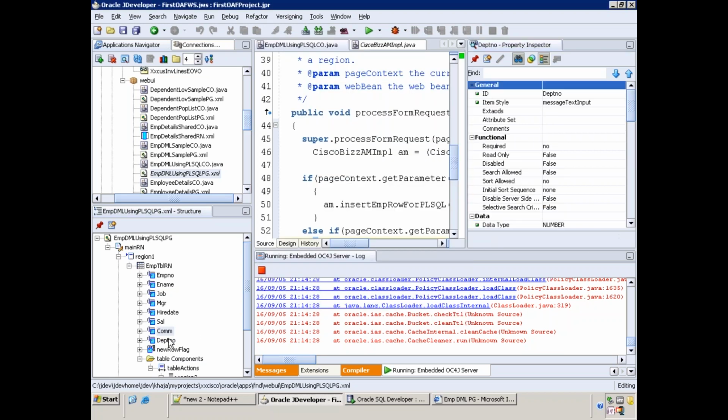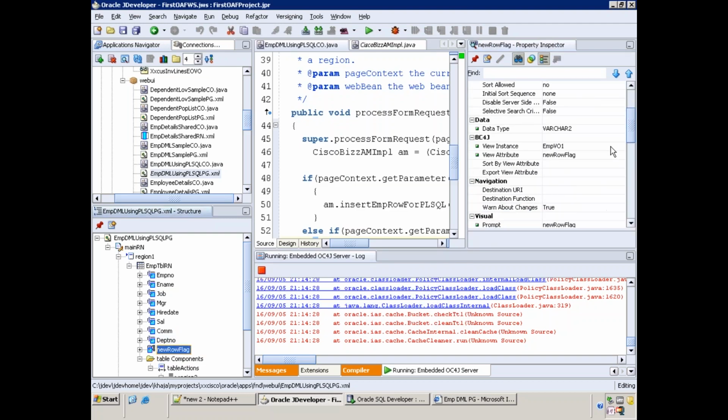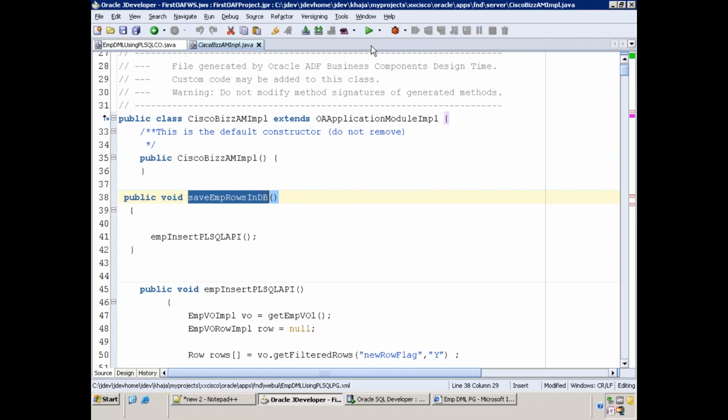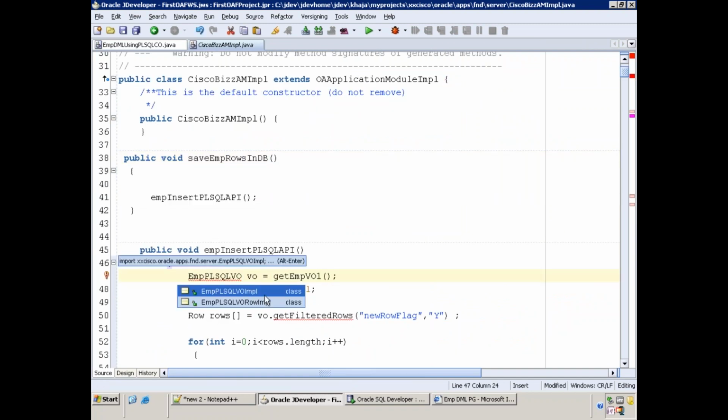Do we need to change any other place? In this AM also. AM also, right? Yes. So here we just need to change it, right? emp PL SQL. get emp PL SQL.